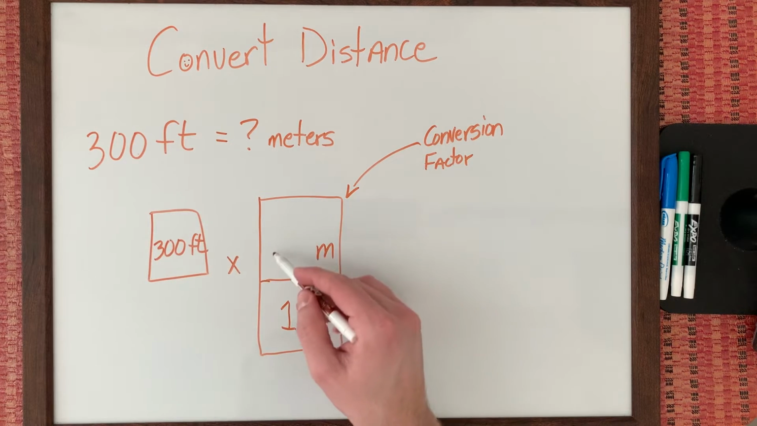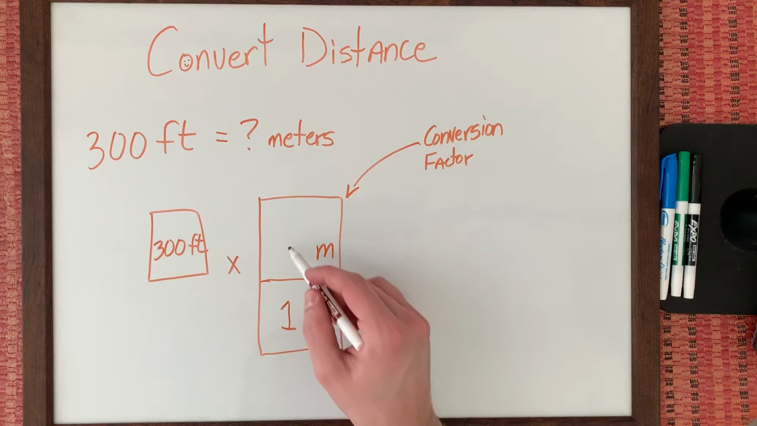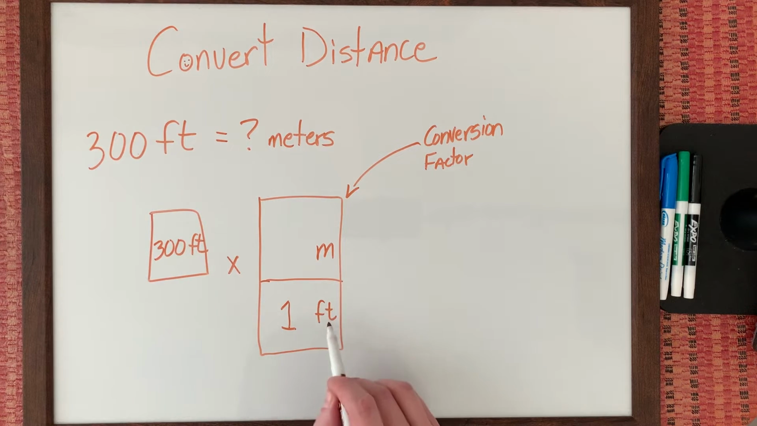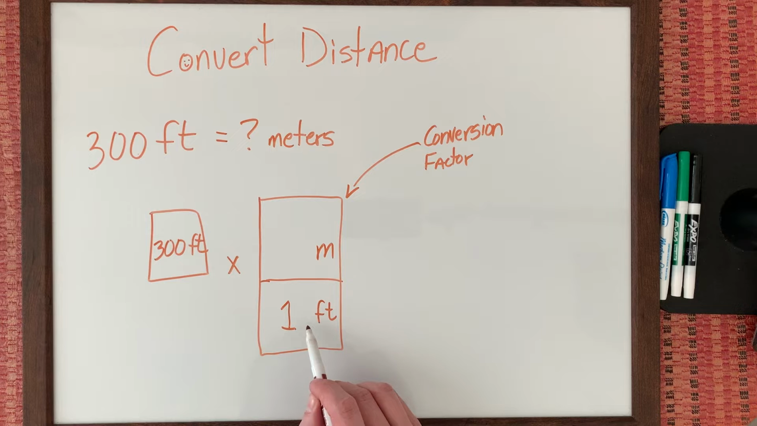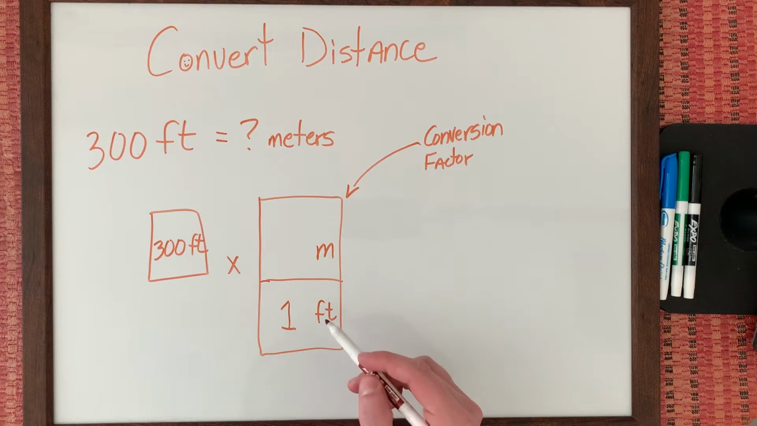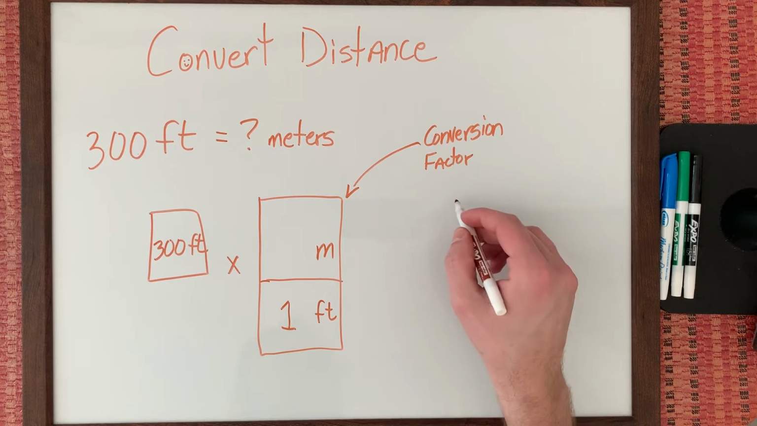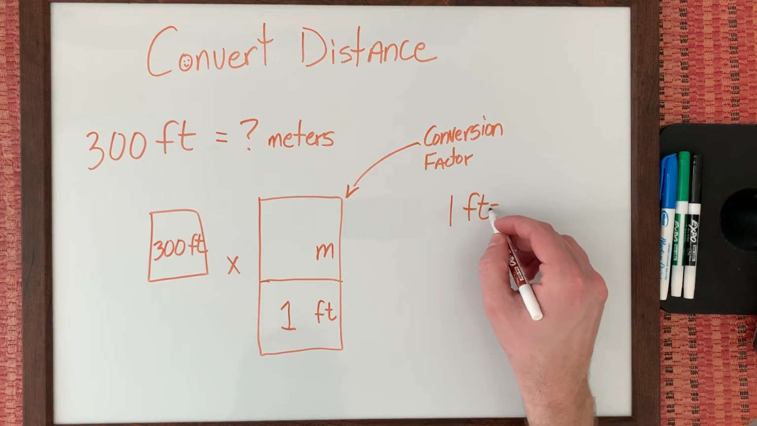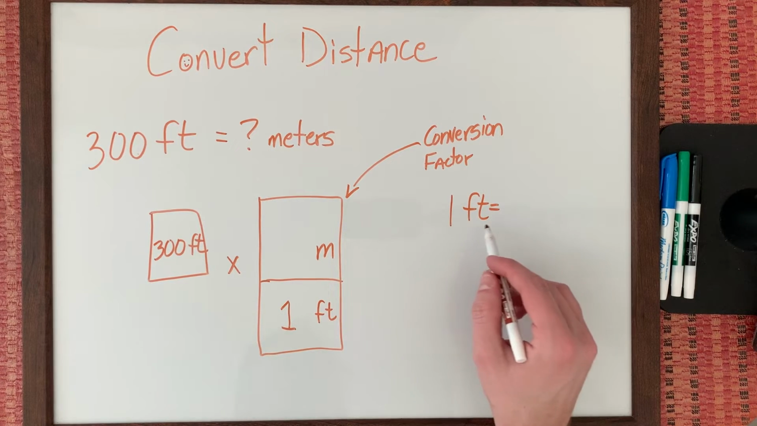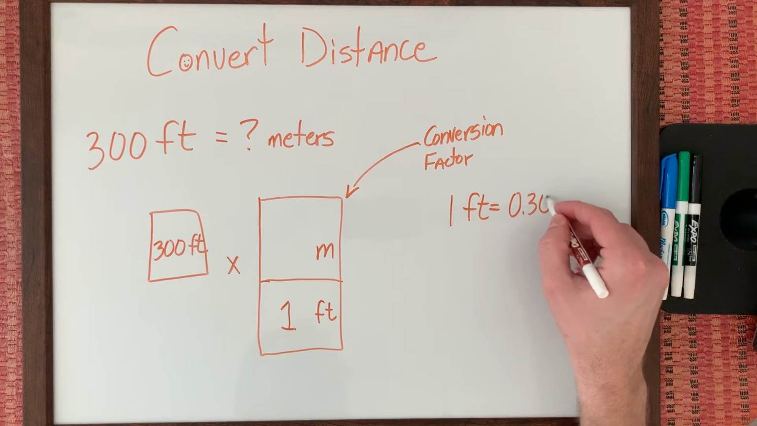Now what I need is to fill out this number. What number goes here? Well, the number is going to be whatever is equivalent to 1 foot. This is a conversion factor. That means that the information on the top and the information on the bottom are the same, but in different units. So what we can do is look up online or in a textbook, and we will see that the conversion between feet and meters is this right here,